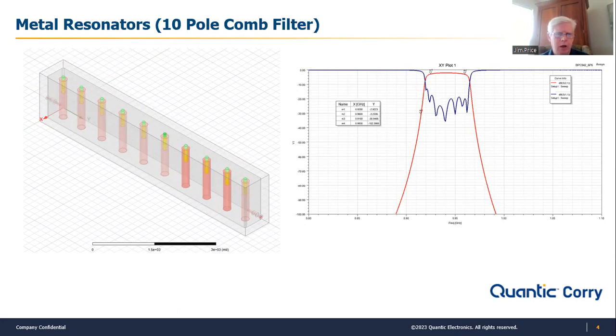The spacing of the rods sets how much energy is coupled from rod to rod. The closer the rods are together, the more energy and the wider the bandwidth of the filter. And the further away the rods are from each other, the less energy and the narrower the bandwidth of the